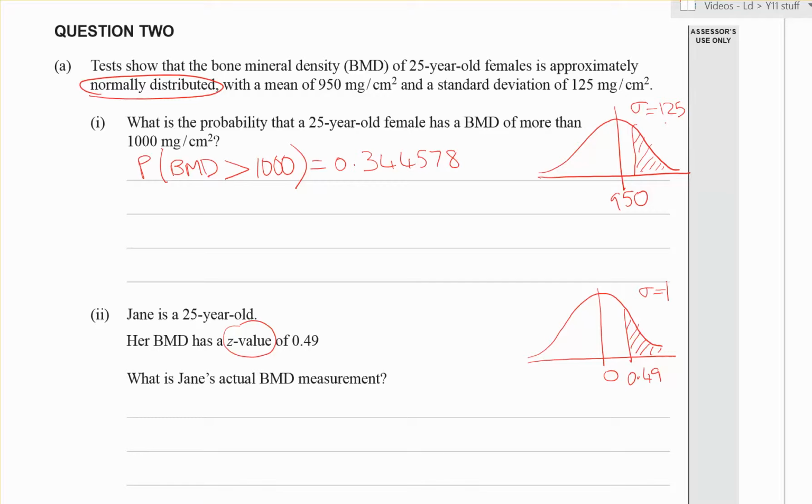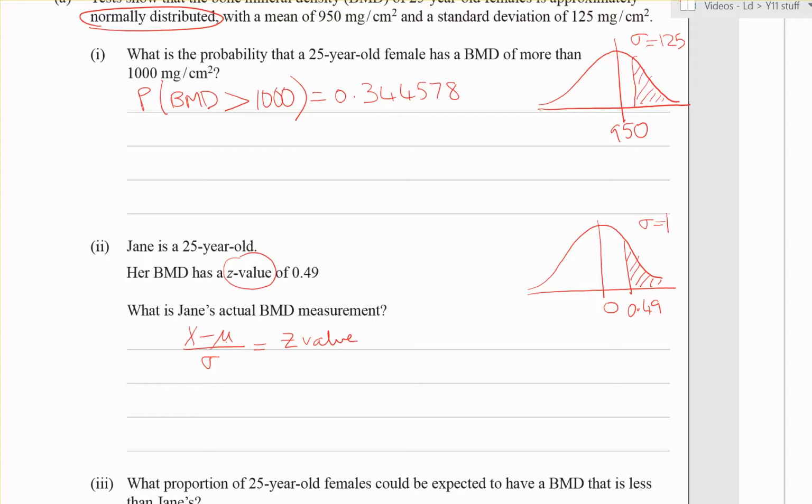And we want to convert that to a measurement on the BMD curve with a mean of 950 and a standard deviation of 125. So looking on our formula sheet, the formula is x minus mu divided by the standard deviation equals the Z value. Okay, so we know the mean, that was 950. Standard deviation was 125. We're told the Z value is 0.49, and obviously all we're looking for is x. Now you can use solver on the calculator. You'll need to remember to put brackets around the top line when you put it into solver, and out will come a value of